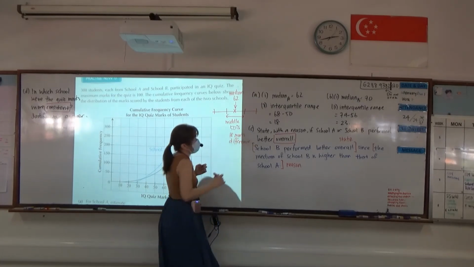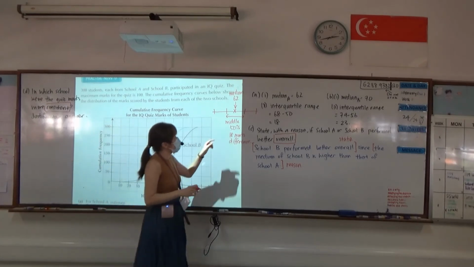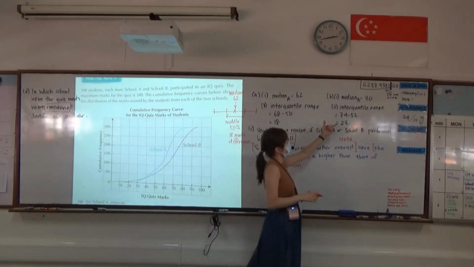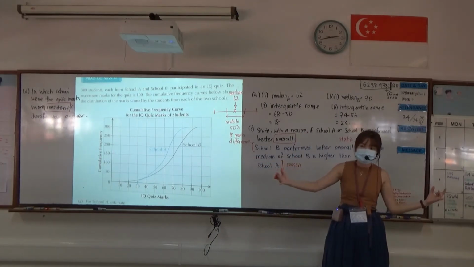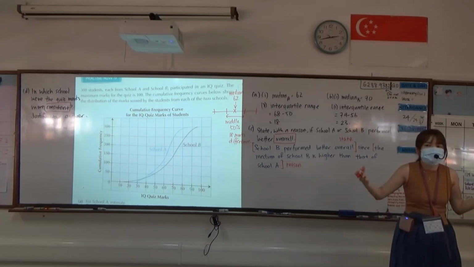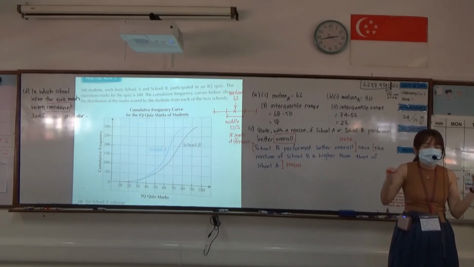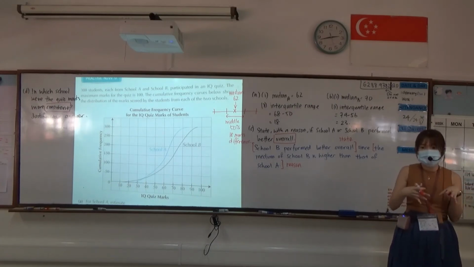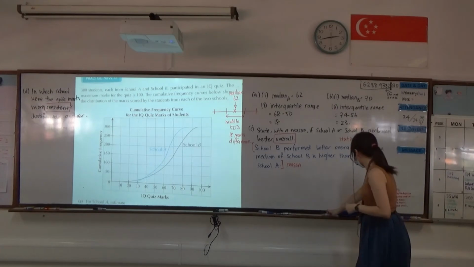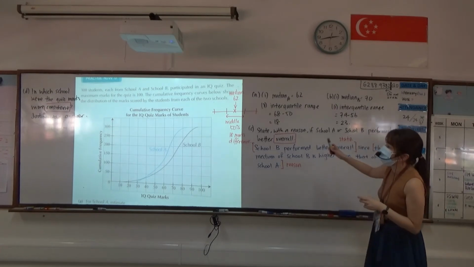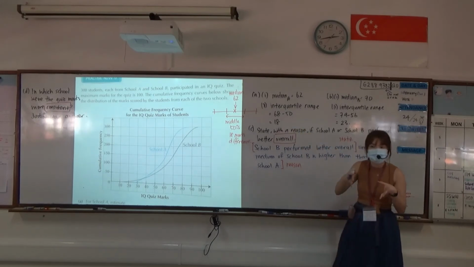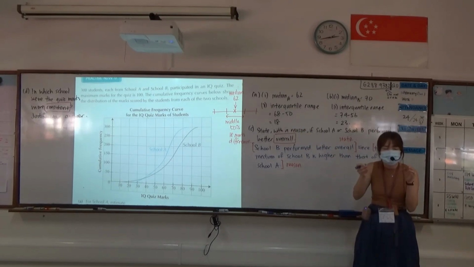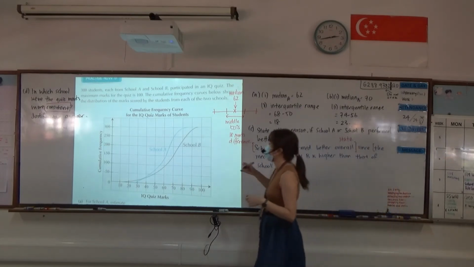So that's what we understand about interquartile range. With an 18 marks difference versus school B, a 23 marks difference, so a broader range. With a broader range, it means that they are not very consistent, because if they are consistent, the range will be narrower, the spread will be narrower. You understand what I'm saying? So to answer this question, when we want to look at a school that is more consistent, we want the one that is of a smaller number, because they actually perform within a certain narrower range of marks. Alright, so